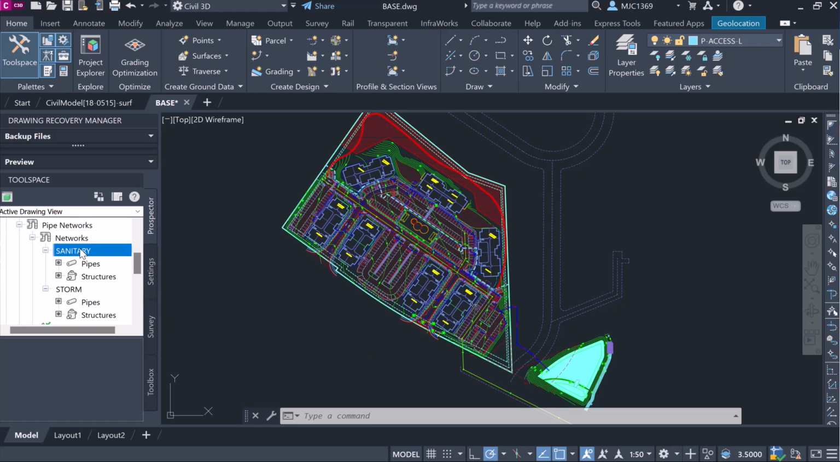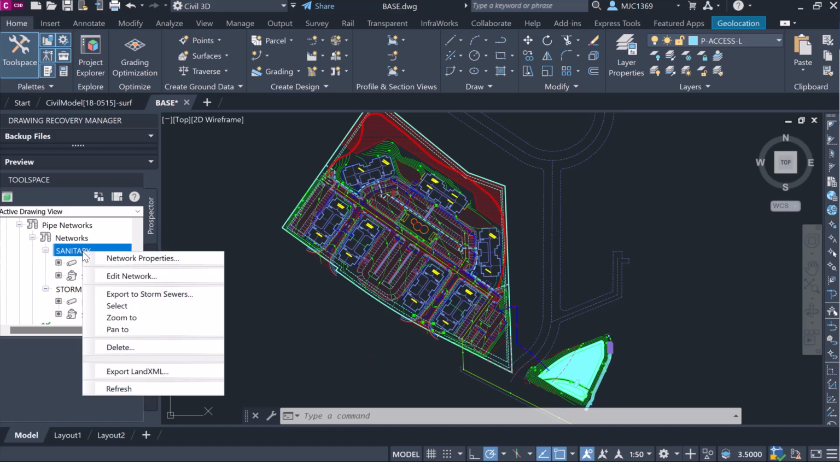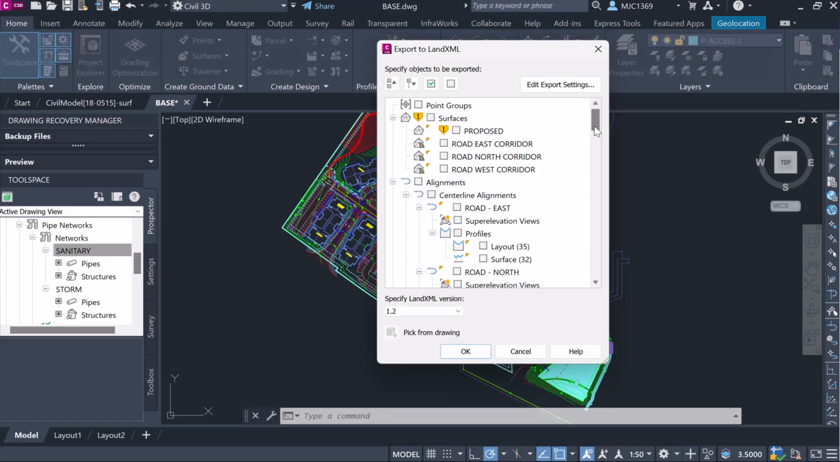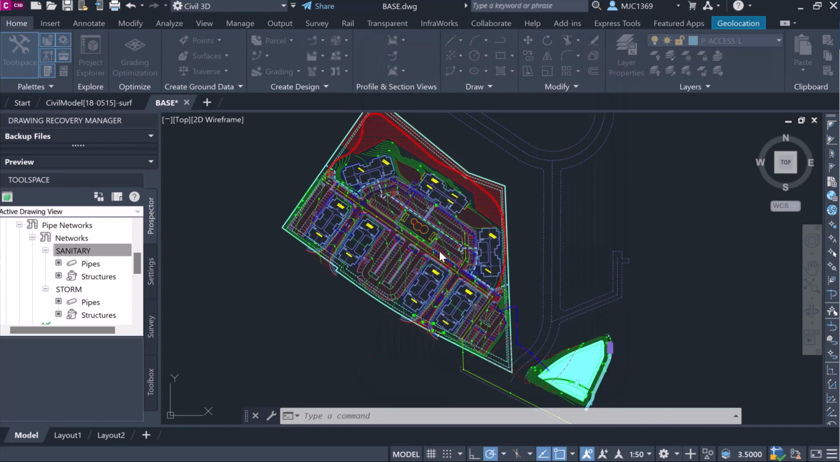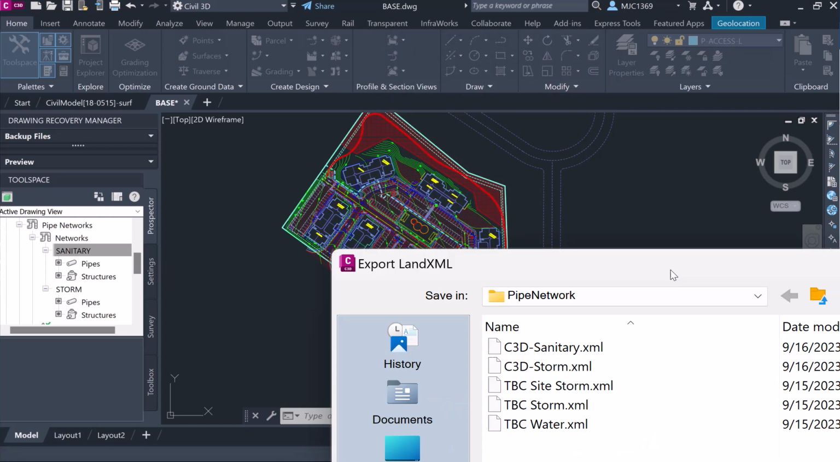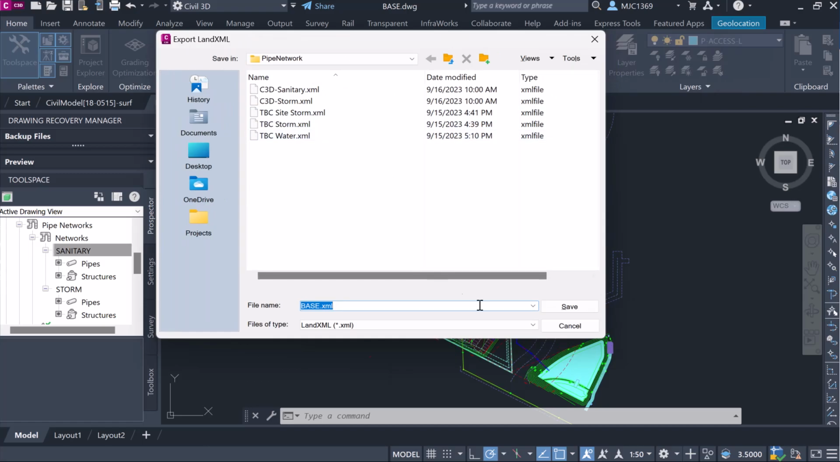Basically, you're going to right click on sanitary on the network, and select export LandXML. This brings up a dialog box, and that pipe network is selected. I'm going to click OK, and because Civil 3D does not have an option where I can go right out to Connect, I'm going to use the Trimble Connect sync option feature we have, and I'm going to store this locally on my